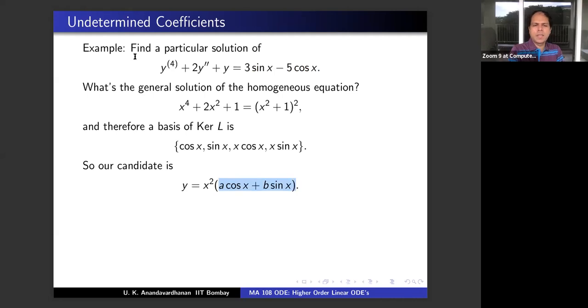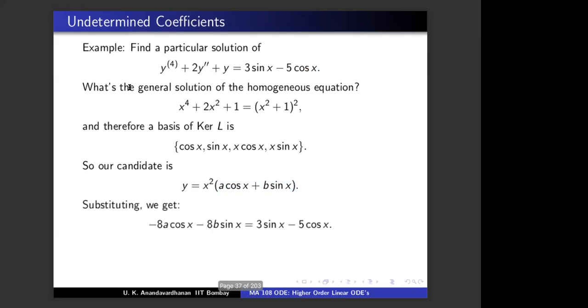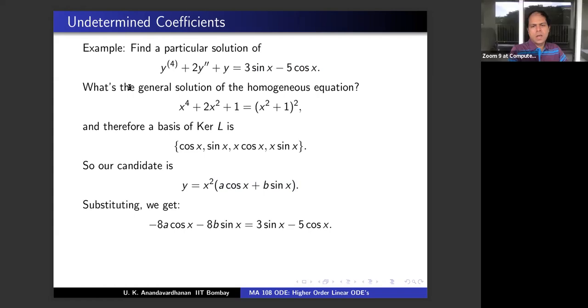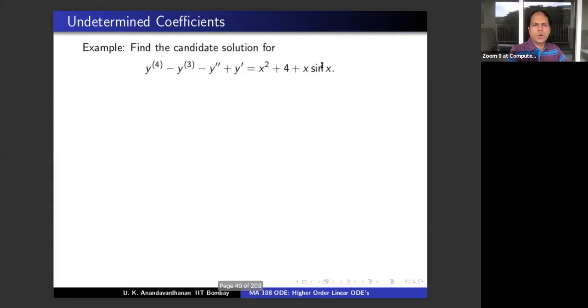Plug it in, the method will work. Okay, so plug this in and do this. If there is a typo, you tell me later and you can solve it. Is the method absolutely clear? So solve the homogeneous part, get a basis, look at the right side, make your initial guess, modify appropriately, and plug that in and solve. Okay, let's do one more.